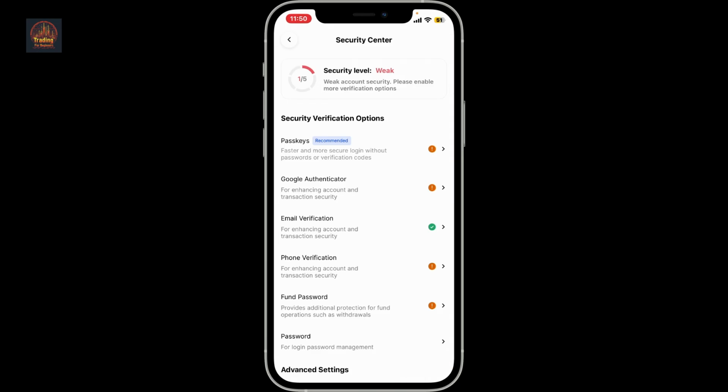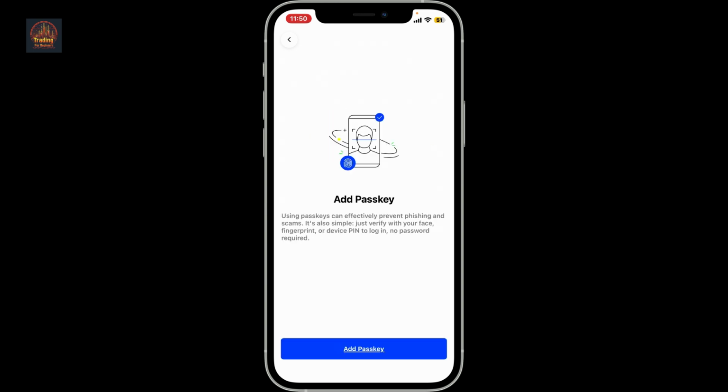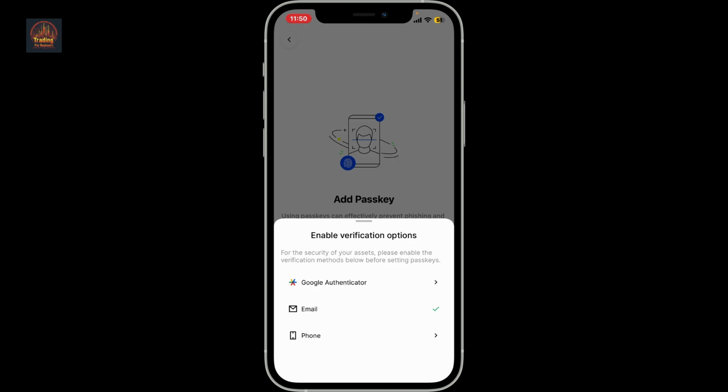Inside Security Center, you'll see the Passkeys option. Tap on it and then click on Add Passkey at the bottom in order to add your fingerprint, Face ID, or device's PIN. Now choose one of the options. In order to enable Passkey, you need to enable one of the options at the bottom, that is Google Authenticator,